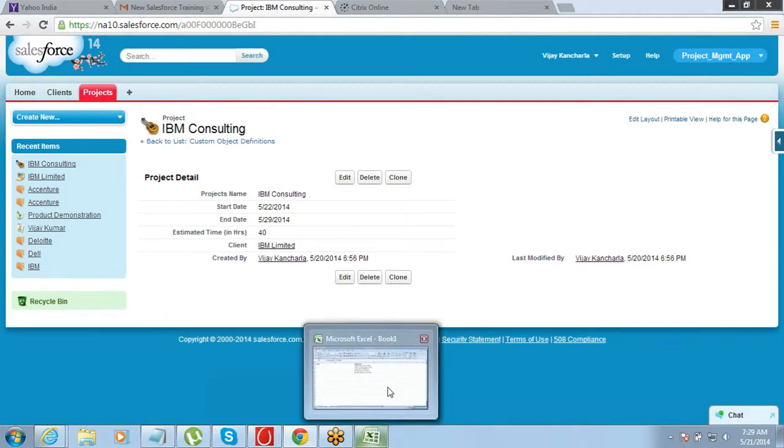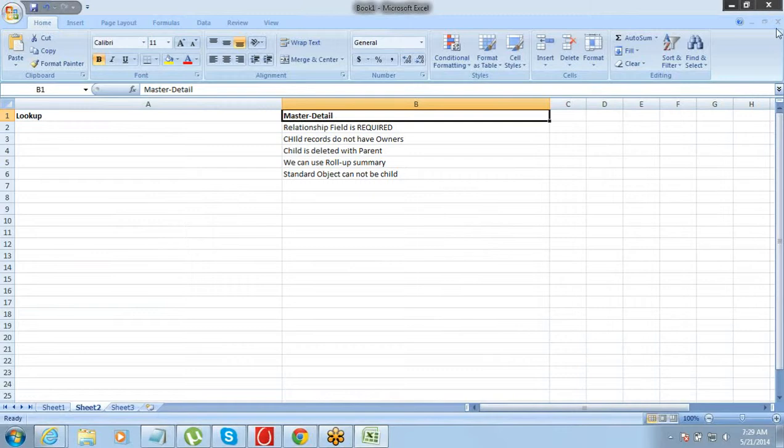Jeet, this is Shyam here. In my case, my child object had almost 10 records or so. So I went the other route, creating the lookup first. And now when I'm looking at the custom fields, I can see the client custom field, which is data type lookup and within brackets client. All of that looks good. But when I go to my project and open one of the projects, I don't get to see the new field there. And still the owner is Shyam Sen. But again, I don't see the new field.